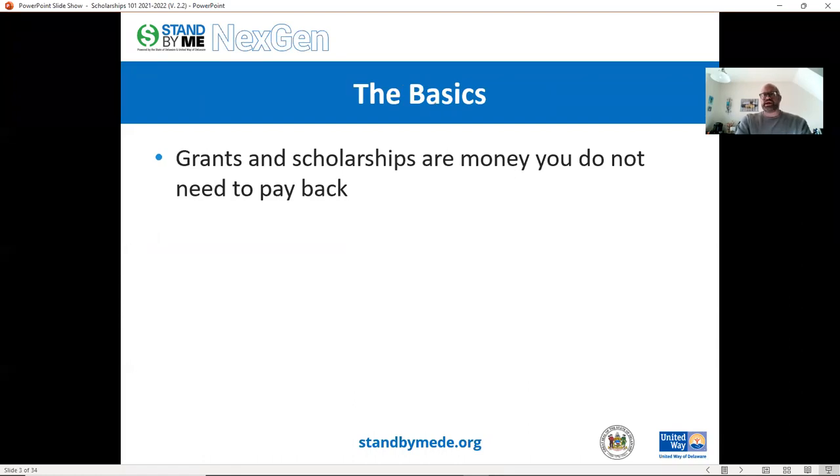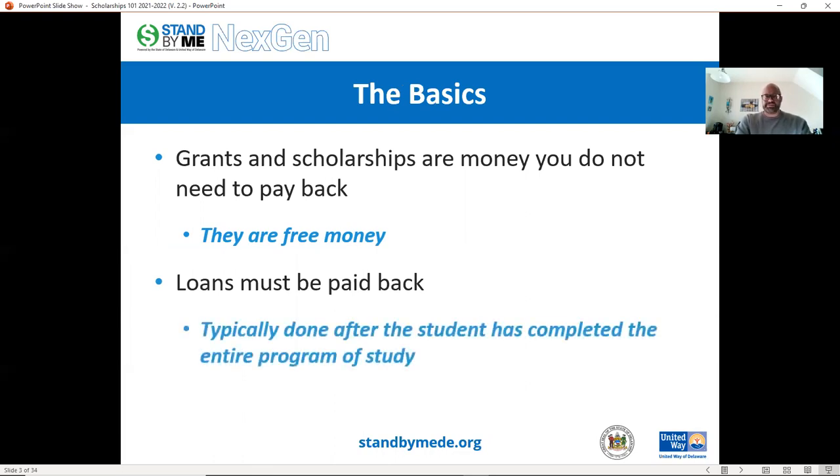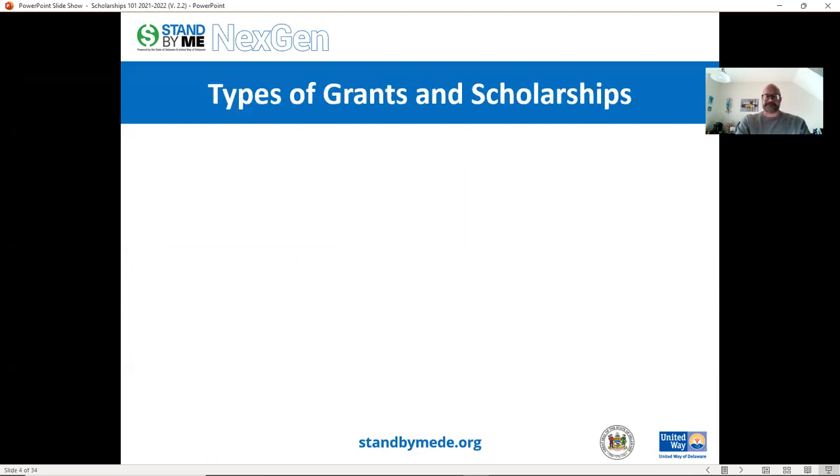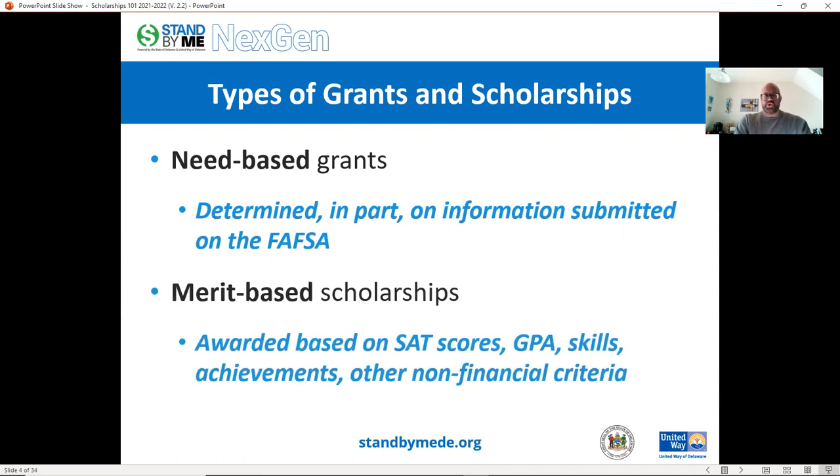Grants and scholarships are money that you do not need to pay back. They are free money. Loans, on the other hand, whether federal loans or private loans, must be paid back. But this typically is not done until after the student has completed their entire program of study. There are two major types of grants and scholarships. There are need-based grants and scholarships, which we'll just call need-based awards. This is determined in part on information submitted on the FAFSA. And then there are merit-based awards, which are awarded based on things such as SAT score, GPA, skill set, achievements,